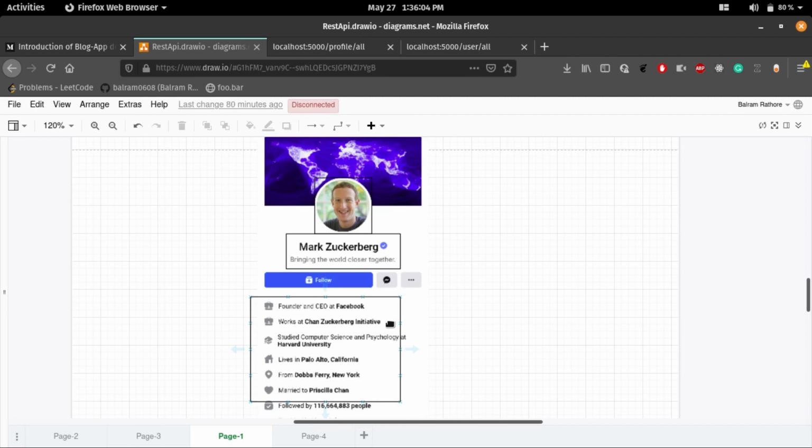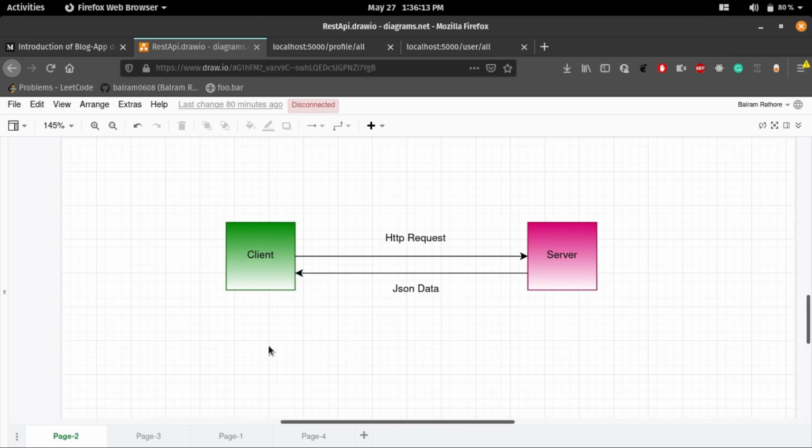Then how is the data fetched from the Facebook server? If you think of your Android phone or your PC as a client and Facebook as a server, then an HTTP request is made by the client, and in response the server sends JSON data to the client.